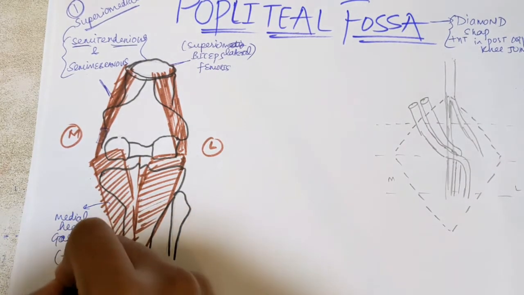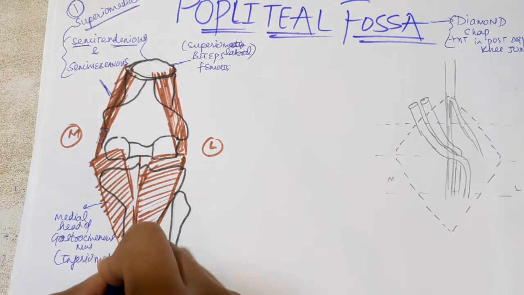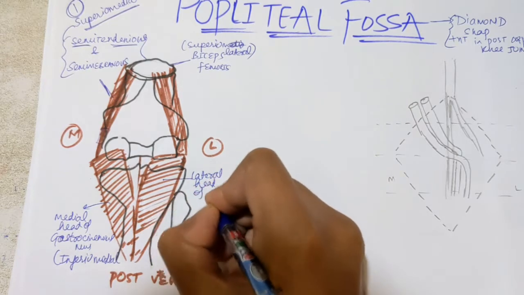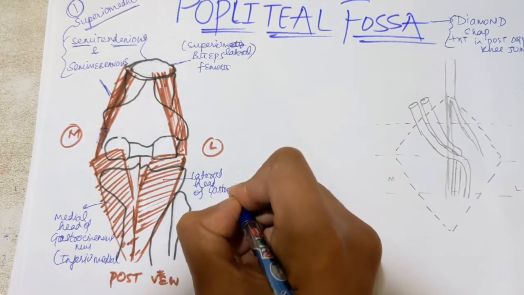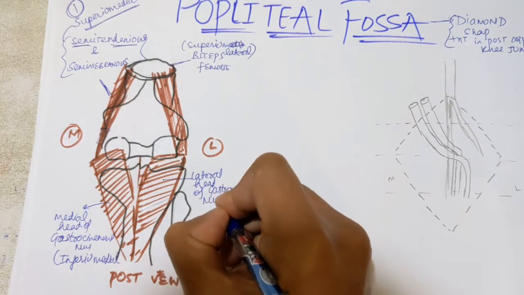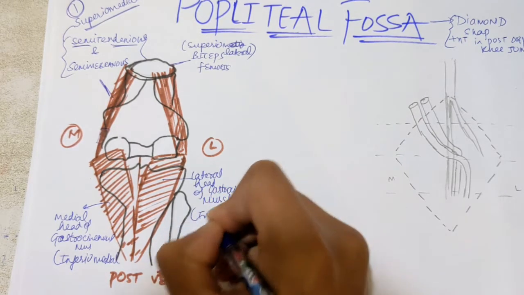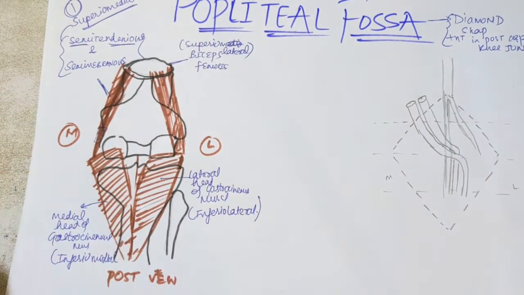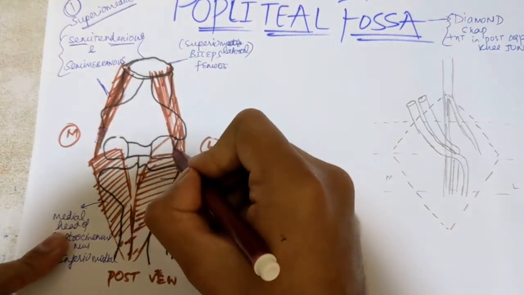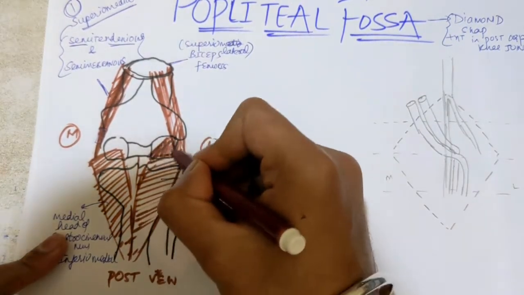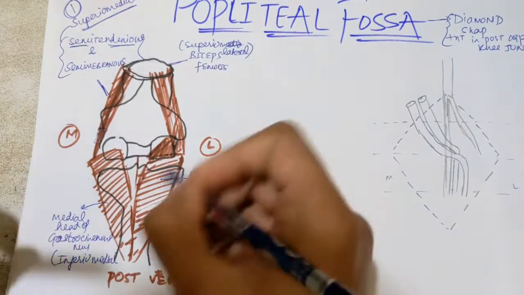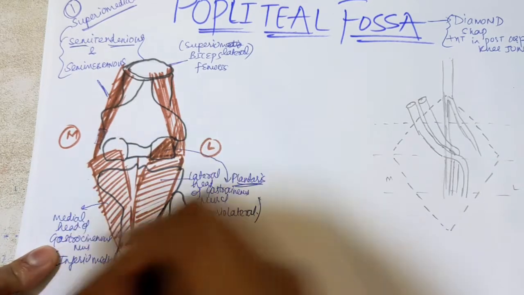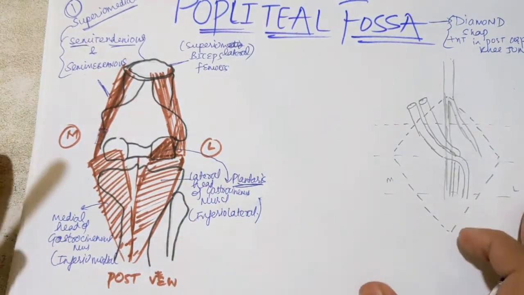So it will be forming the inferior medial boundary, along with the lateral head of the gastrocnemius muscle, which will be forming the inferior lateral boundary. So, four boundaries, and one more muscle in the inferior lateral side is the plantaris muscle. You can see the plantaris muscle here also. So the plantaris muscle will also be in the section of the inferior lateral boundary. This is actually the boundary of your popliteal fossa.